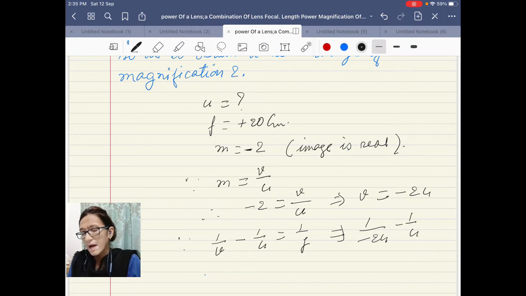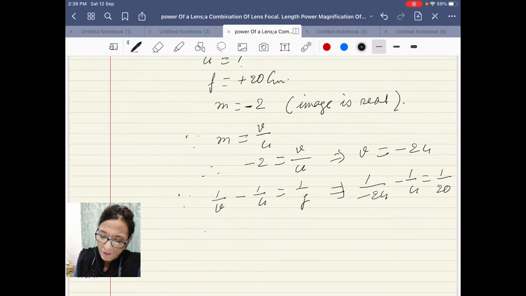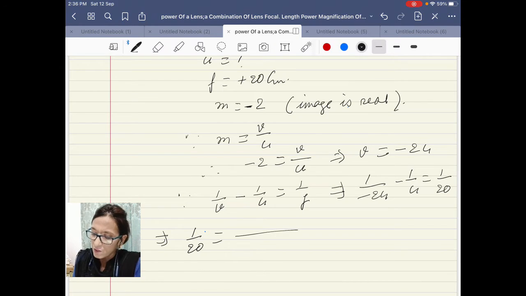Here I have not put the sign of u because u is not given. So we need not put the sign in quantity u. And this is equal to 1 upon focal length is given. This is your 20. So let me take LCM of these two quantities, minus 2u and u. So it will be equal to 2u. LCM is 2u